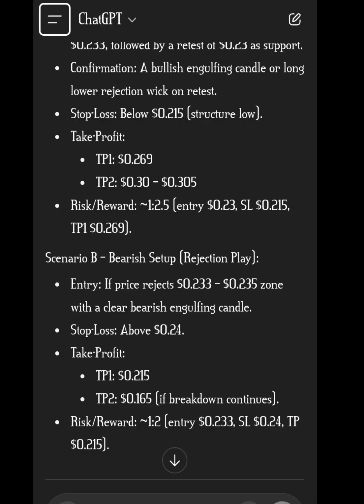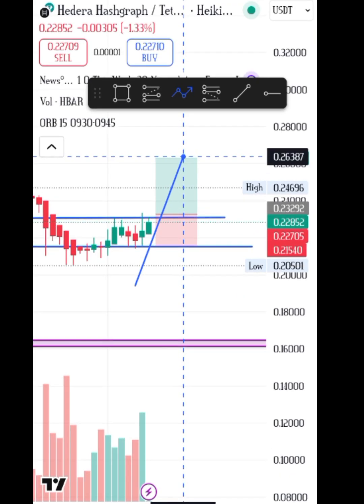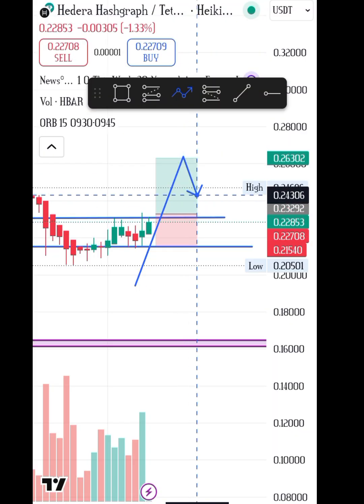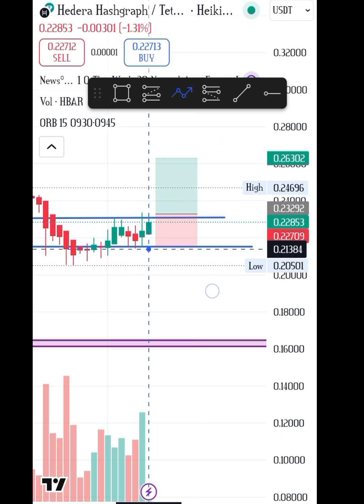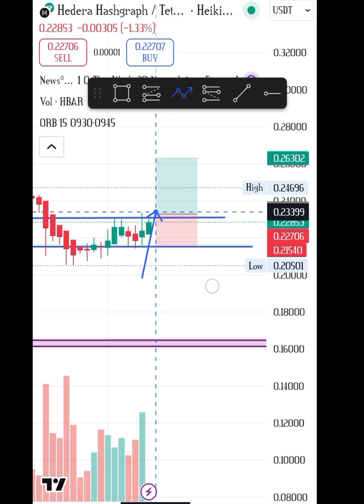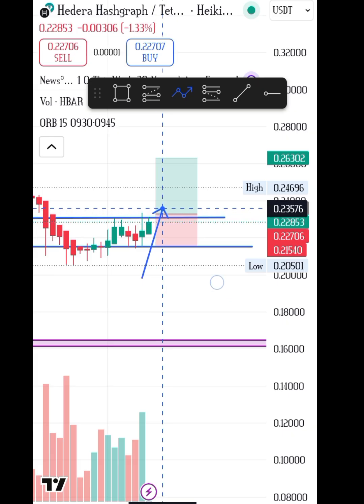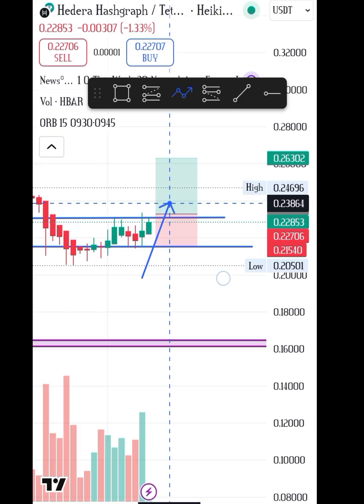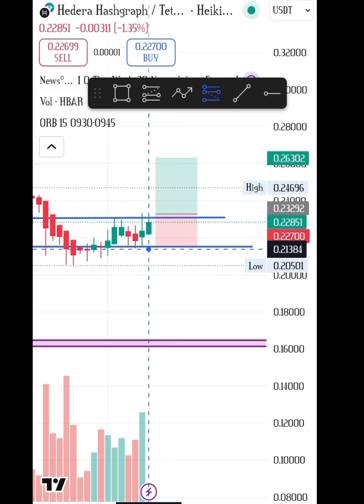So the bearish setup, it says rejection play. Entry if price rejects the 0.23 or 0.25 zone. So let's find where the 0.23 and 0.25 zone is. So 0.23, wait, let me delete this. So 0.23 is here and 0.25 is here. This zone here, let me break it